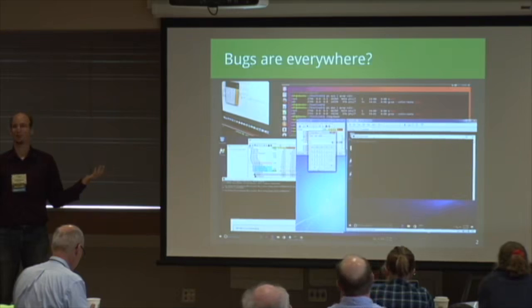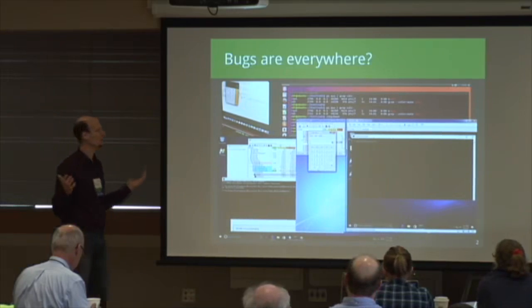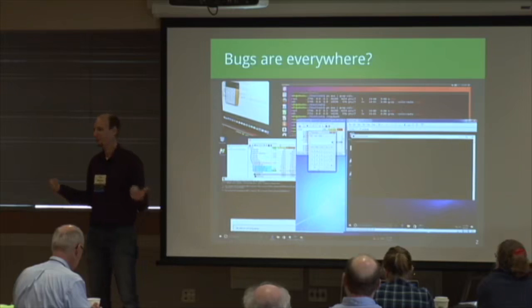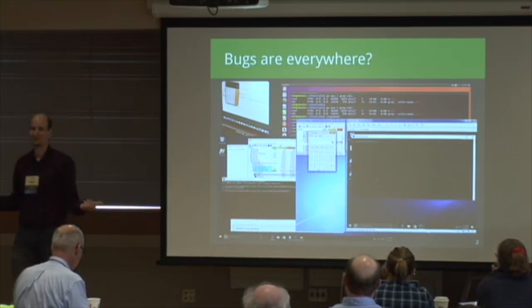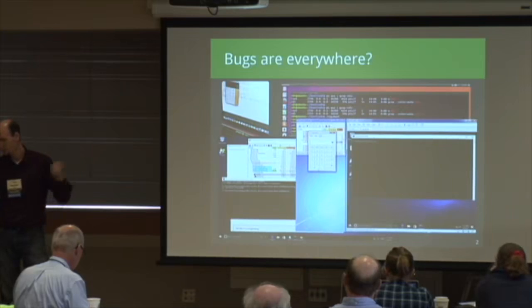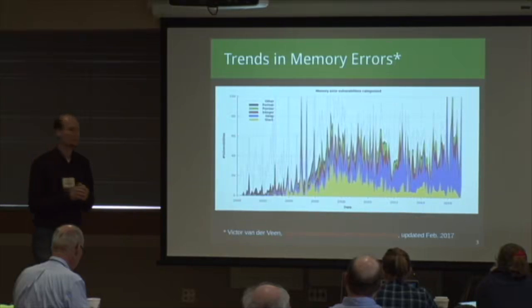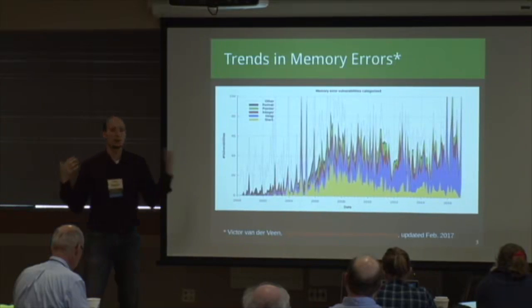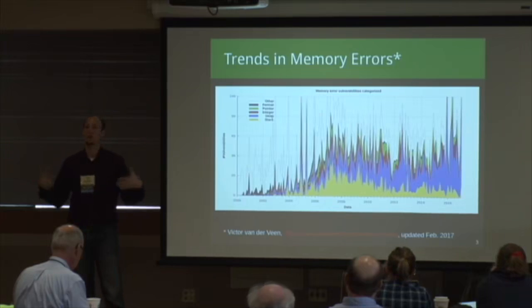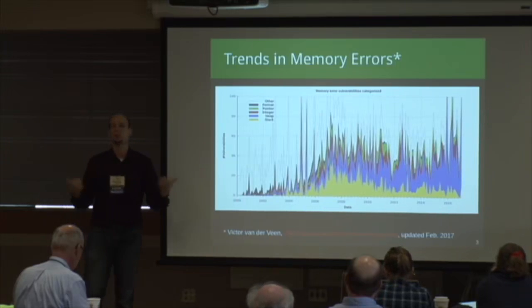So is it hopeless? Is everything we have deployed not effective? Or are we actually making progress? Let me go into detail for the questions that I just asked. There are trends in memory safety errors, especially since all these exploits rely on some form of memory corruption at one point in time.